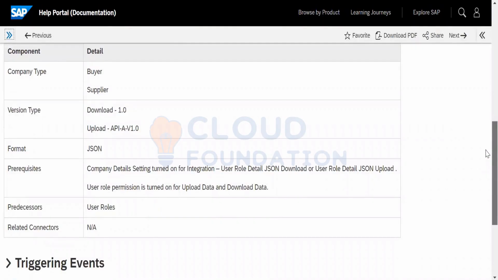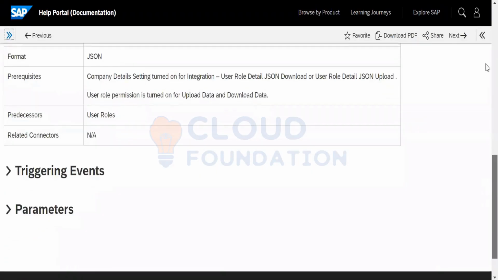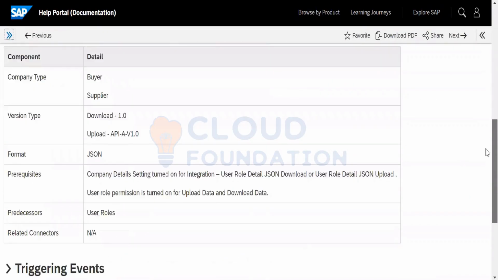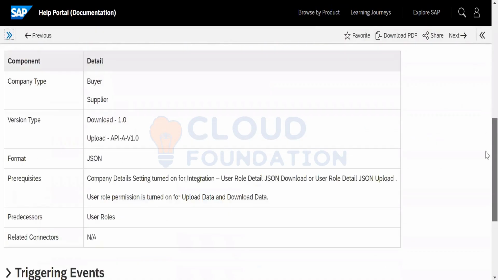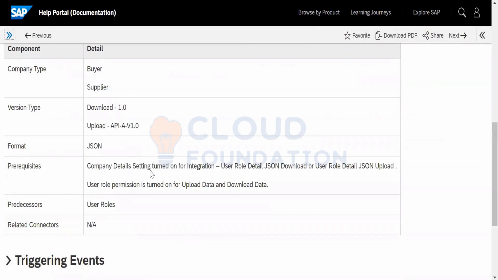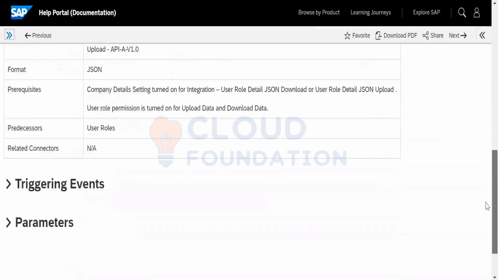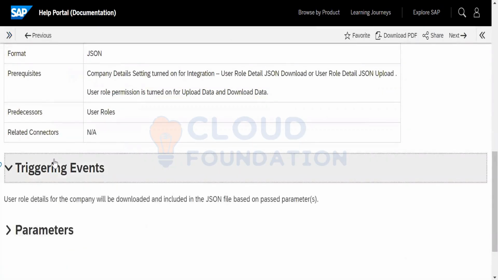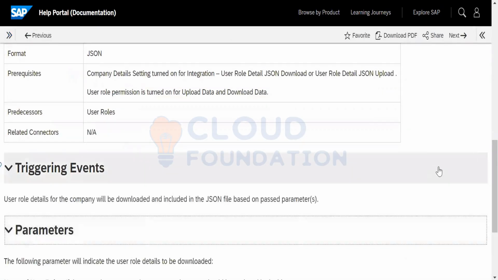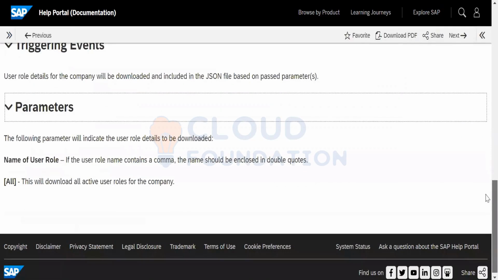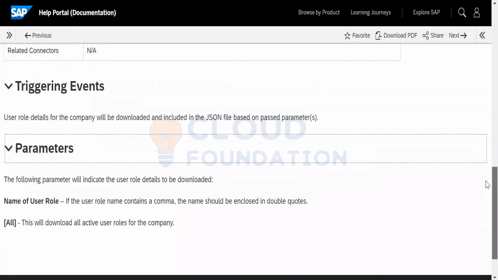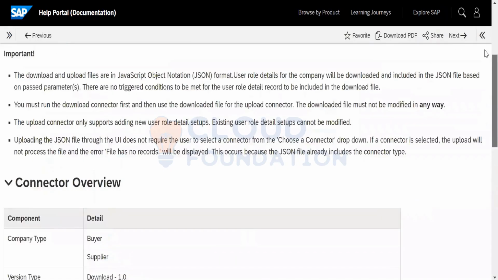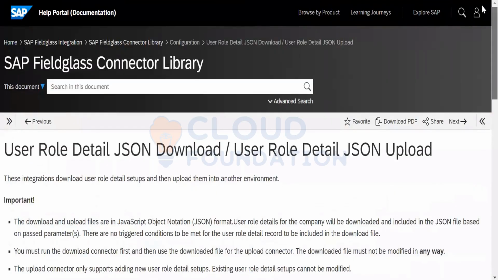I see this is the connector overview that just gives you the reason it can be used. We have got the triggering point, the name of the user role. This just explains how to use this connector.